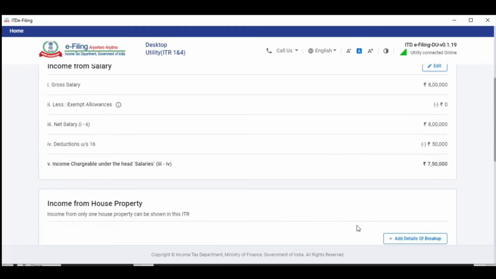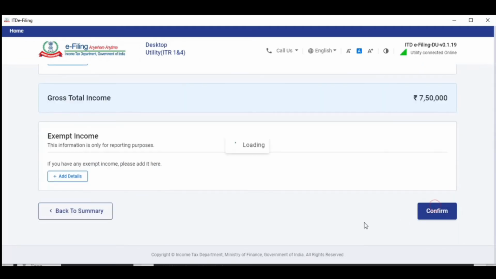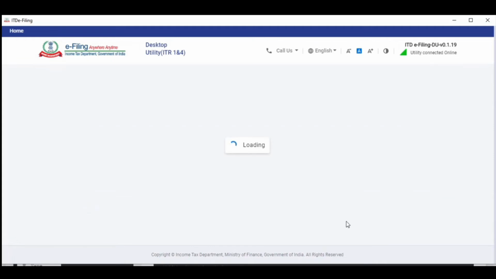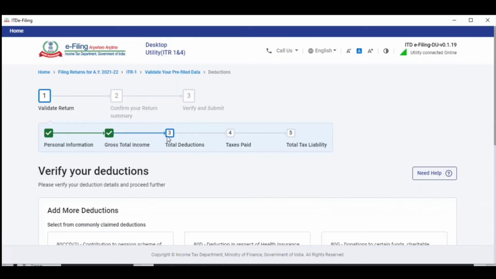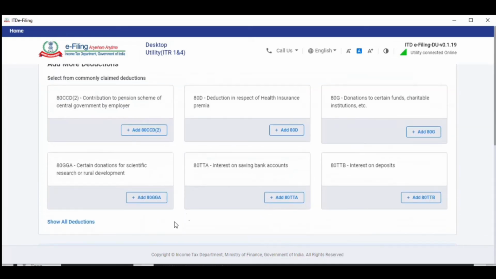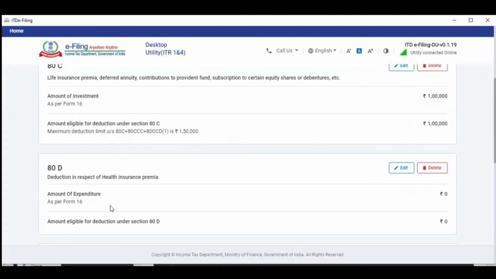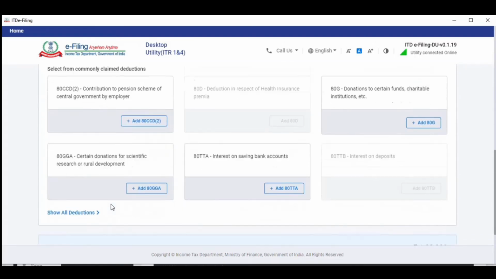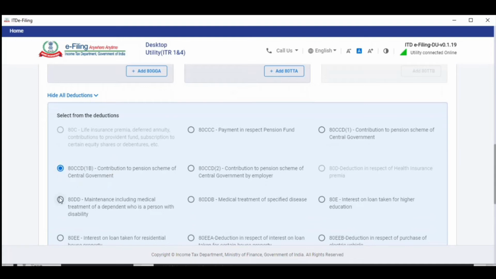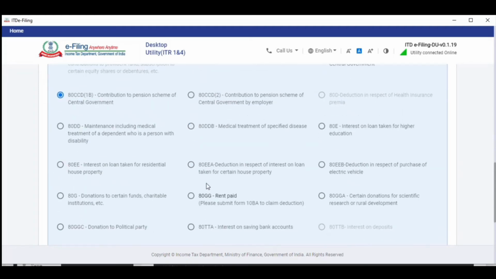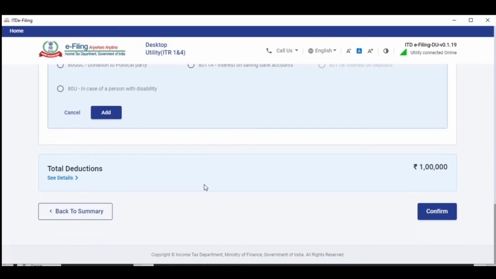Now it's time to fill deductions. Come to this page. You must be looking for the column for 80C deduction to fill values of life insurance policy, home loan principal payment, etc. Guys, I was also confused at this step. So you need to hit the show all deduction button. All the sections will be available over here. Just click the section and fill the amount one by one and return to return summary page.